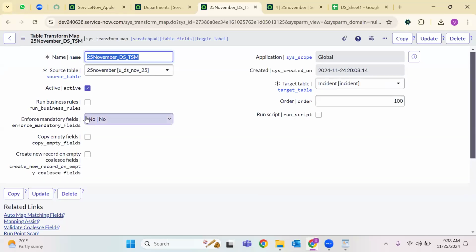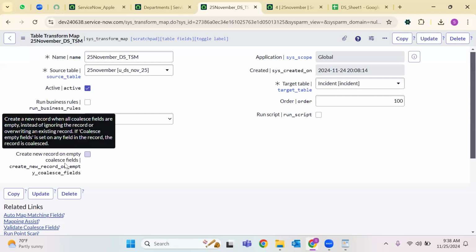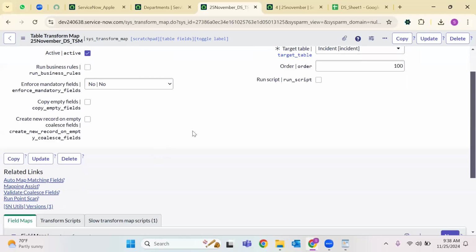So here, enforce mandatory fields. If you want to map any fields, like I have mandatory fields like caller or short description on the incident form, user ID on the user form, and I have to enforce those fields, only mapped fields or all fields, I just have to check this. Copy empty fields. That means there is a field that is empty, but I still want to copy that, so I have to enable this checkbox. Create a new record on empty coalesce fields. That means if